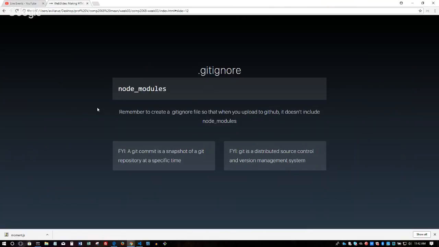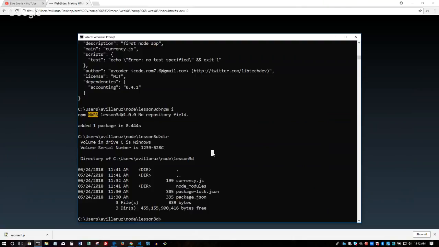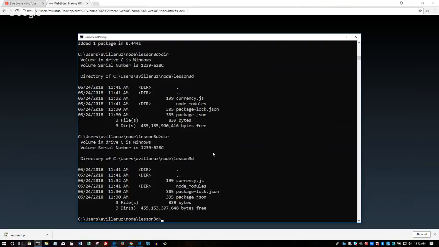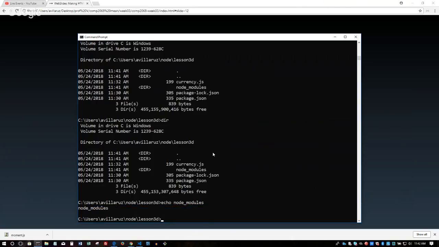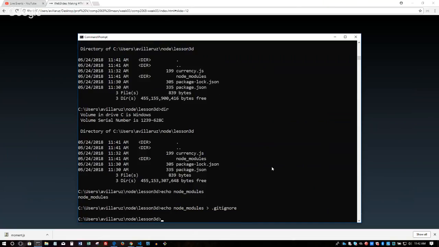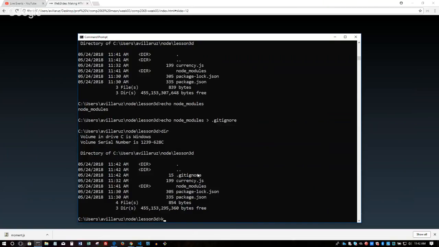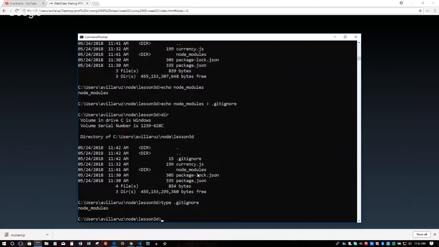.gitignore tells Git, hey Git, when I do a git add, don't actually look at the node_modules folder at all. Don't add that into the repo. Okay. So I'm just going to create a quick .gitignore file. Let's echo. If I say echo node_modules, I think it'll just echo that thing right back to me. But if I say echo node_modules, but output it into a .gitignore file, there I have a new .gitignore file, and if I look inside it, it should be node_modules.